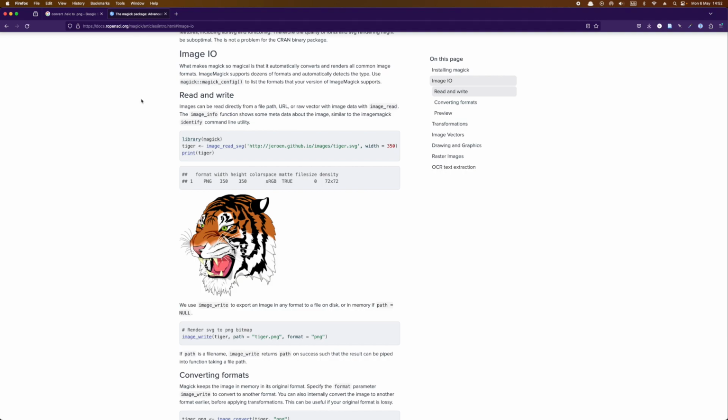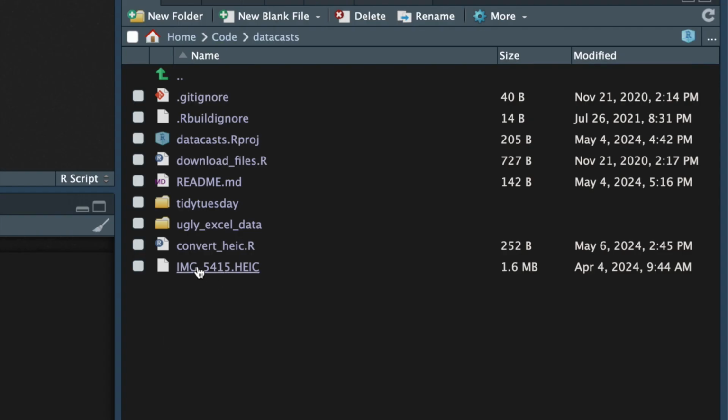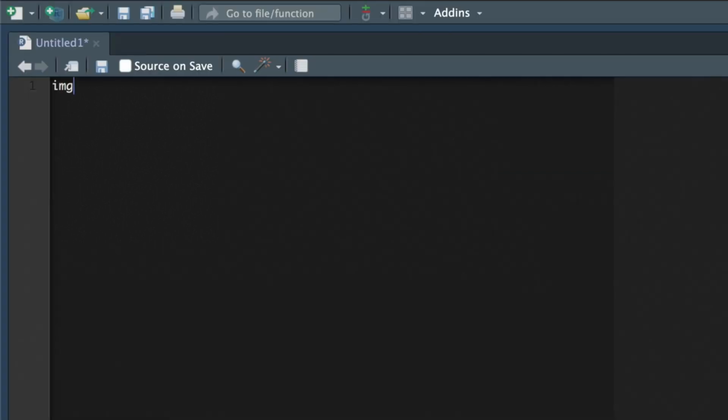So I'm just going to flip over to RStudio, and you can see here in my file pane that I already have the .heic file right here ready to go. So let's try reading that in. I'm just going to create a variable called img. Of course we need to load in the actual library. So I'm assuming here that you've already installed the Magick package, but I've already got it. So I can just go ahead and do